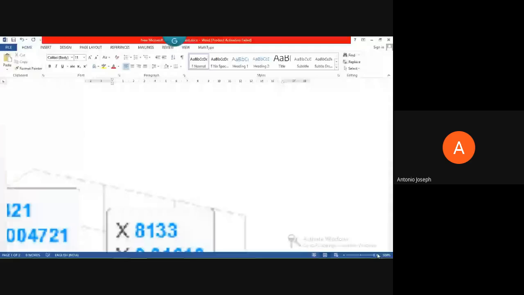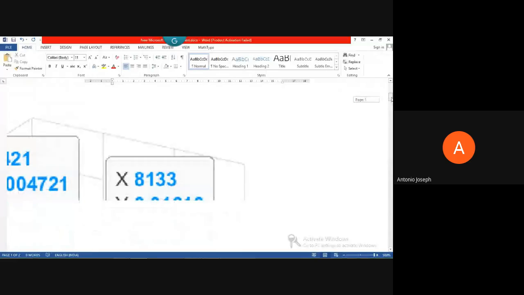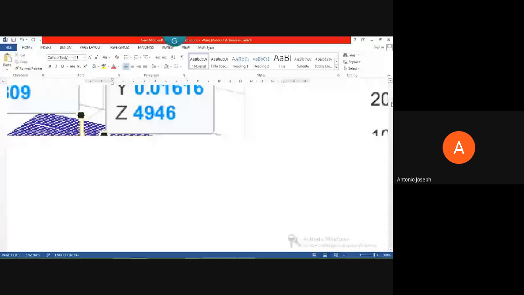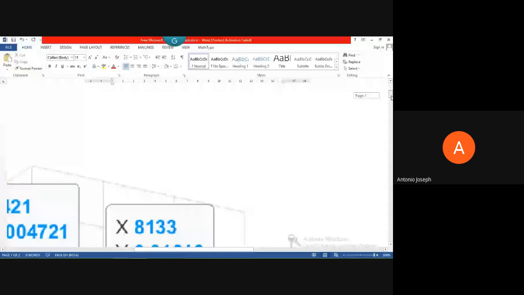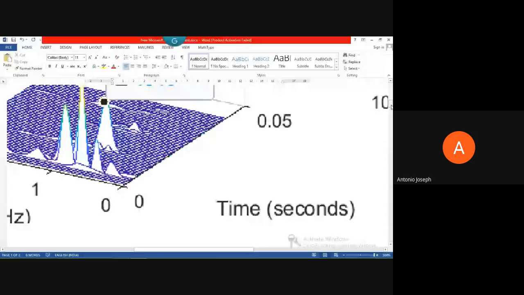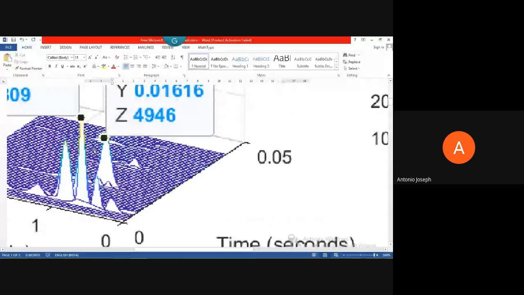Let's see. That's the maximum. We can provide only 500% zoom in Word. See, again, that clarity is not lost, isn't it? For an EPS file, the clarity is not lost, but when compared with the LaTeX file, LaTeX is providing some more quality, isn't it?